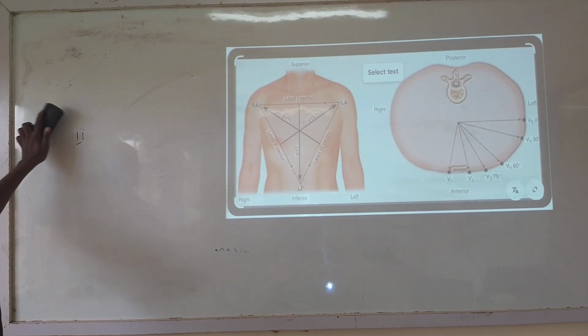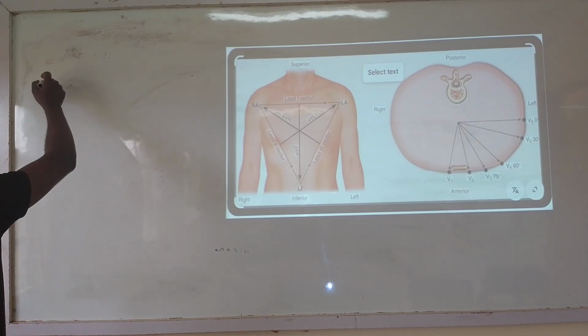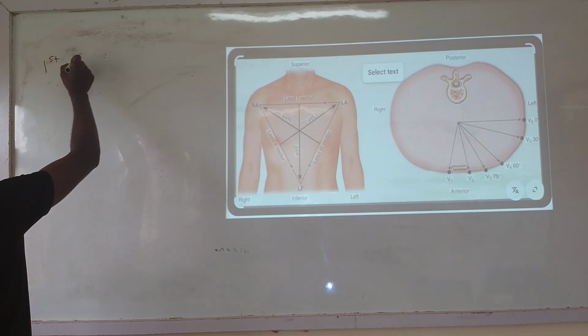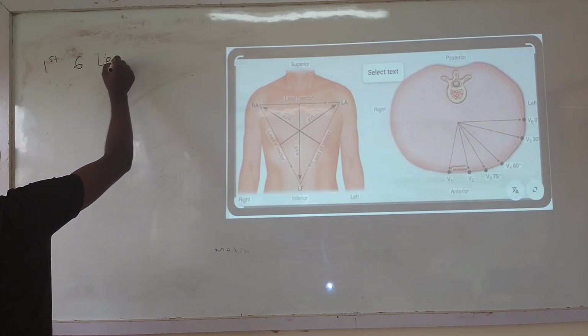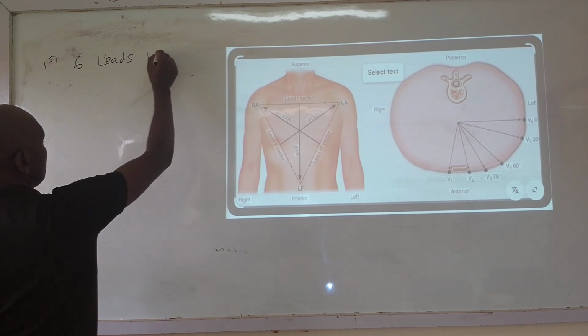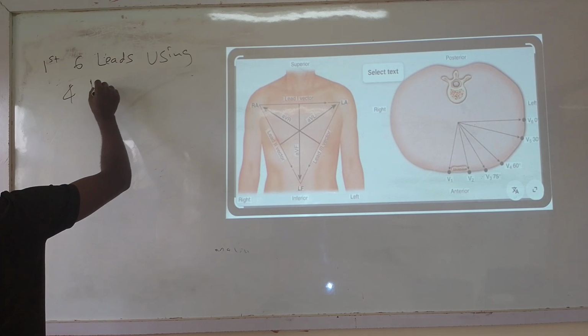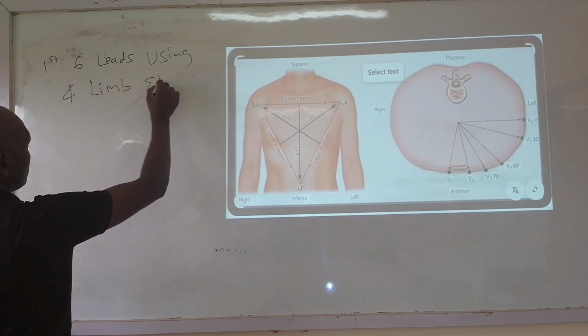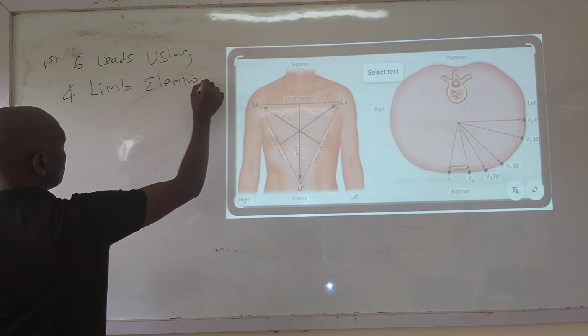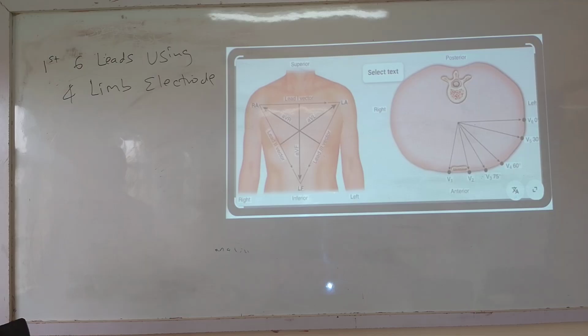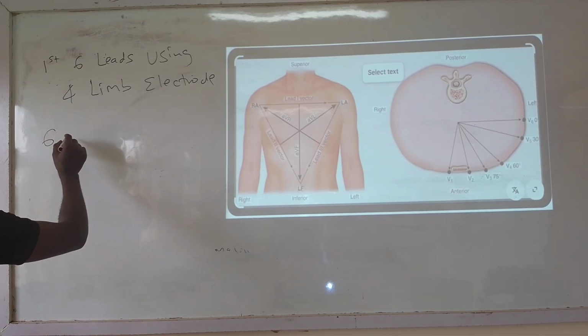That is how we get our first 6 leads using the four limb electrodes. This one here. Now, how do we get another 6? We need now to get another 6 leads